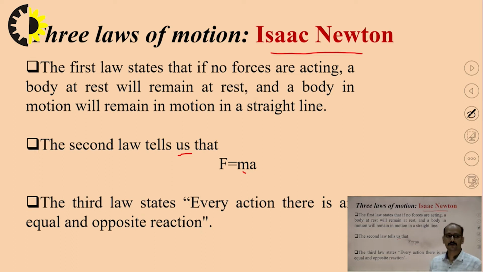And the third law says that for every action there is an equal and opposite reaction. Basically, all three laws are used very much in rocket science and satellite engineering, because these laws are used for various aspects of satellite launching and other satellite operations. The third law is responsible for rocket launching,